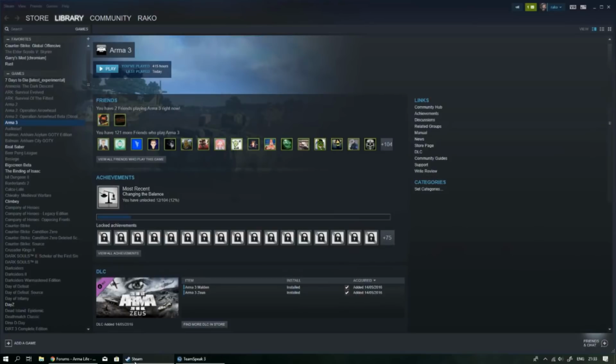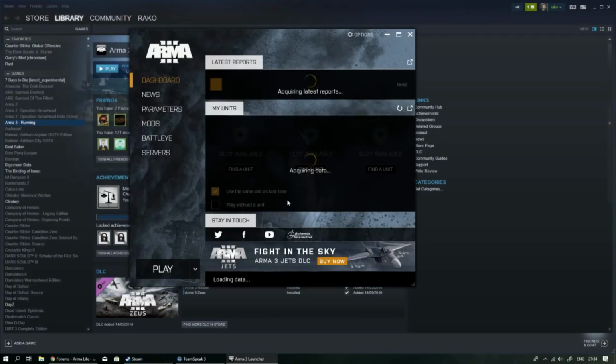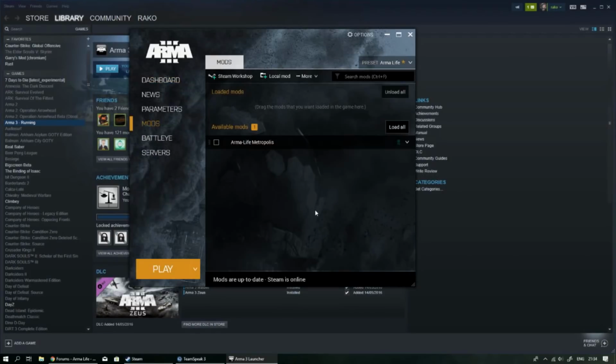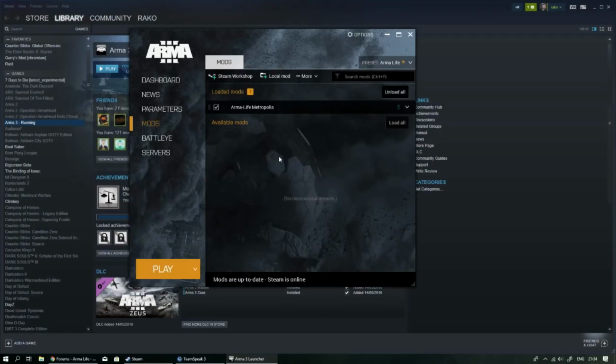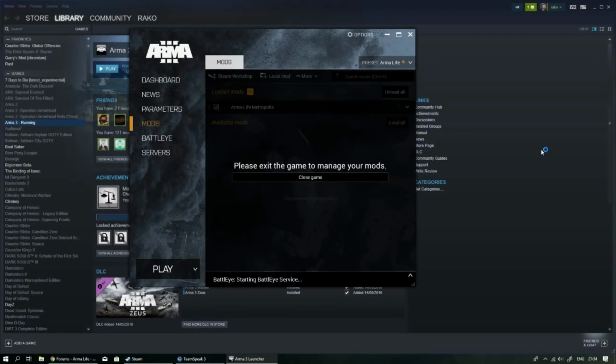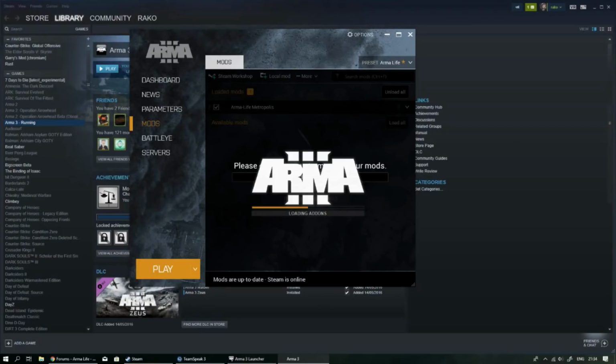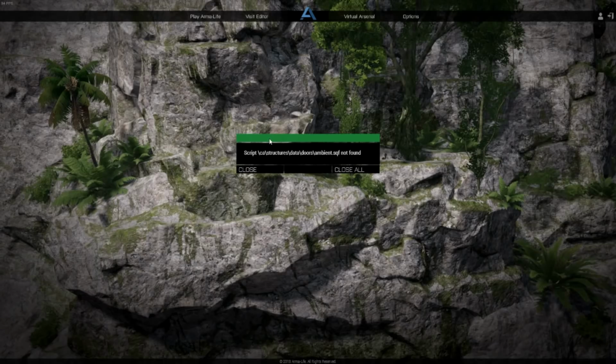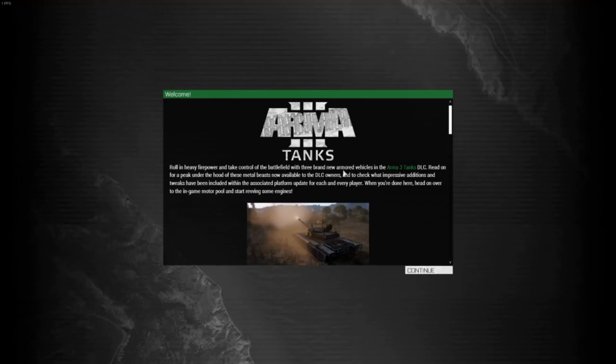So now we want to connect. Open up Arma, and we want to go to mods. We want to select this mod as the active mod, and we want to click simply play. I'm gonna go back when the Arma actually opens, so it's gonna take a minute. And as you can see, I am in game. We got one last thing to do,